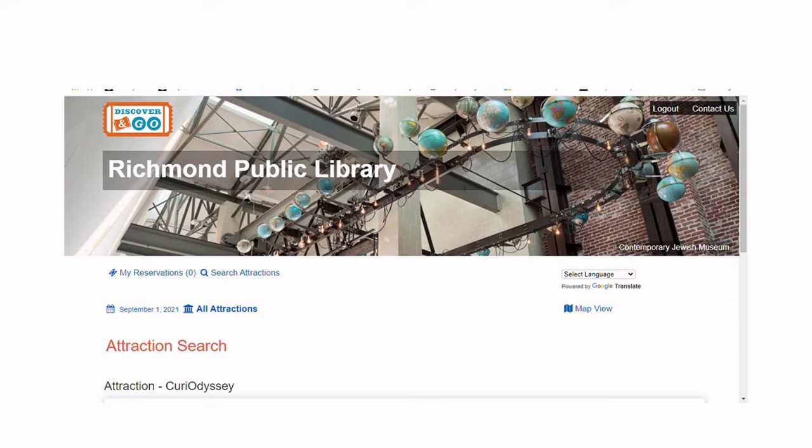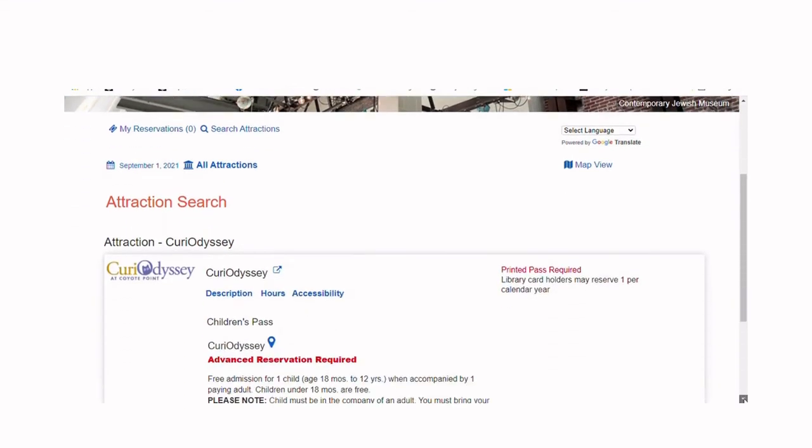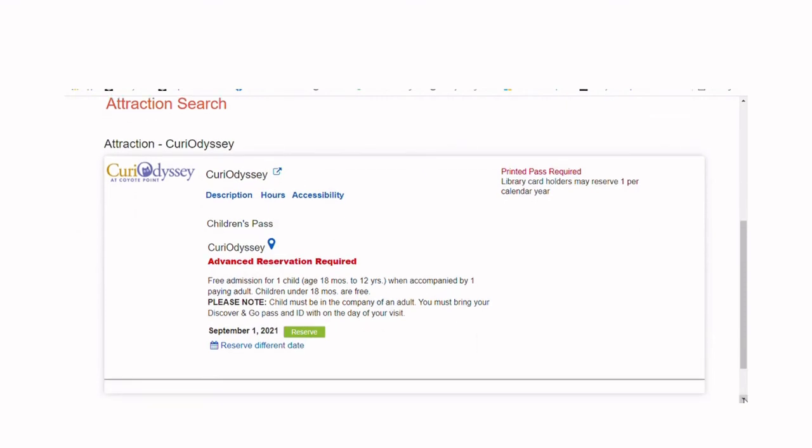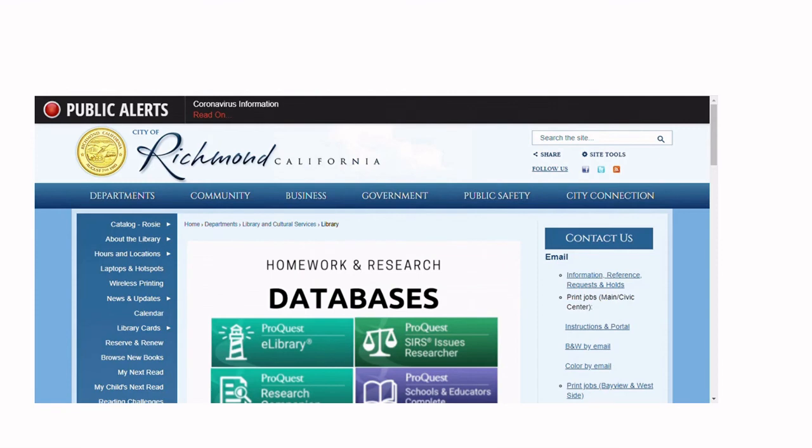So now that you're in All Attractions, you're going to scroll down until you see an attraction that you'd like to attend. And we're going to select this one, Curiosity. And the first thing you need to do